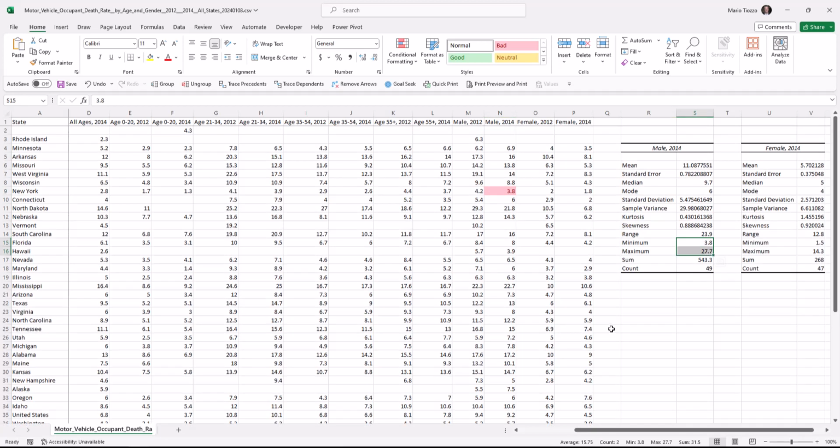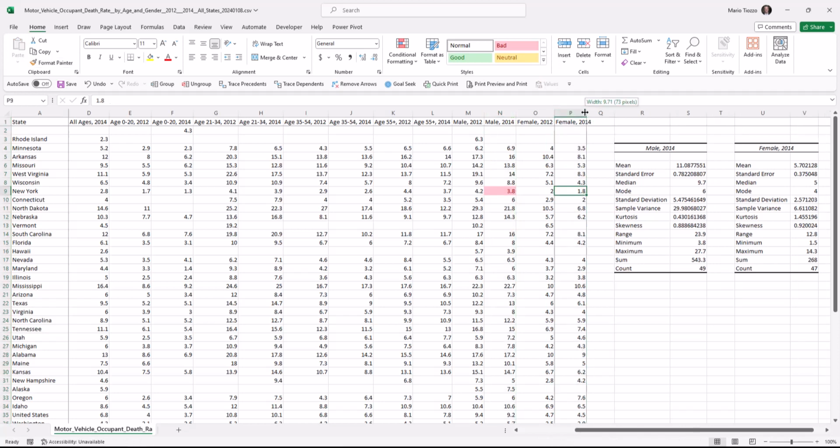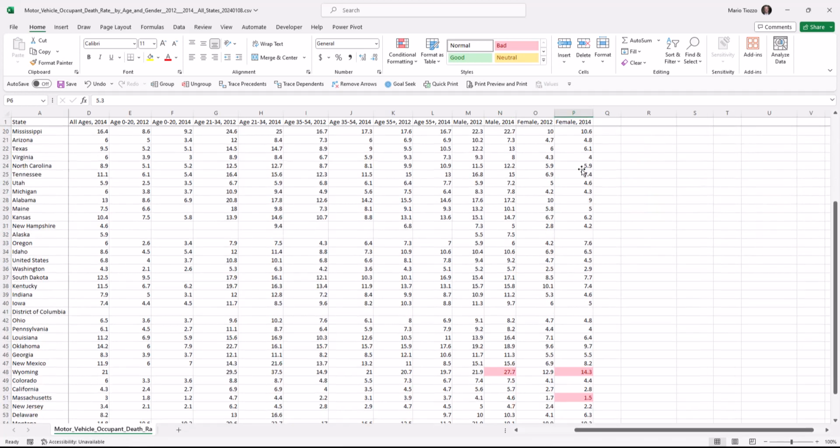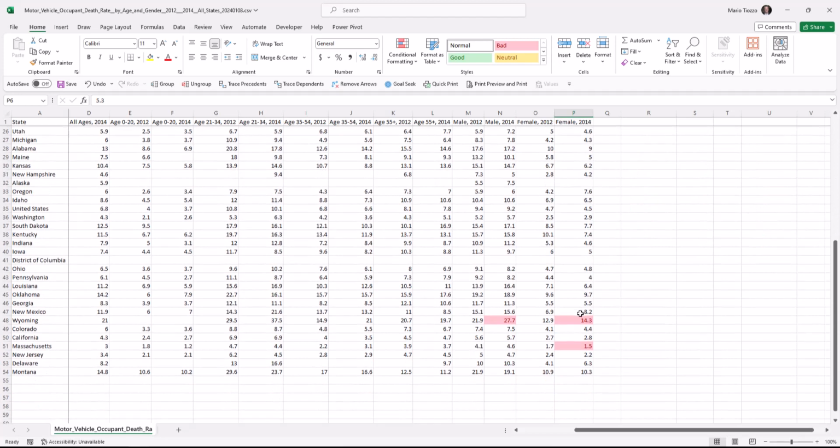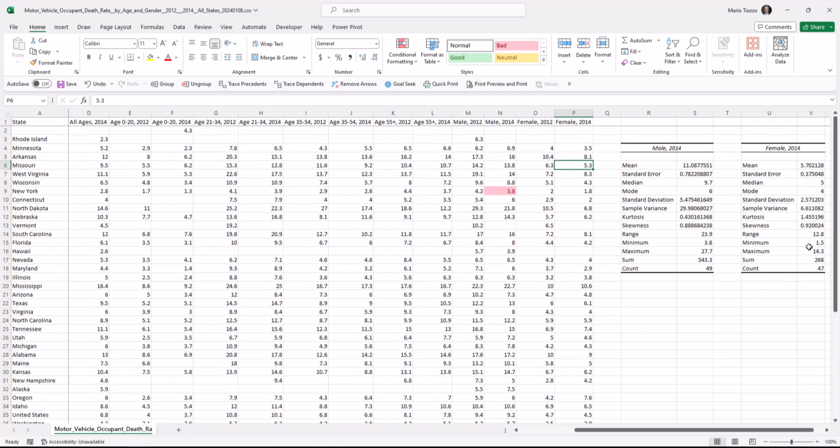Let's do that for females as well. We don't have to recreate this. We can just highlight the end column, press the Format Painter. Format Painter just basically says, take whatever formats are on the source row and put it in the target row. So we just say, do the same thing in female that you've done in male. So let's highlight that, except it also adjusted the column, so let's readjust. And notice we also have the lowest 1.5 and the highest 14.3, and that should be 1.5, 14.3.